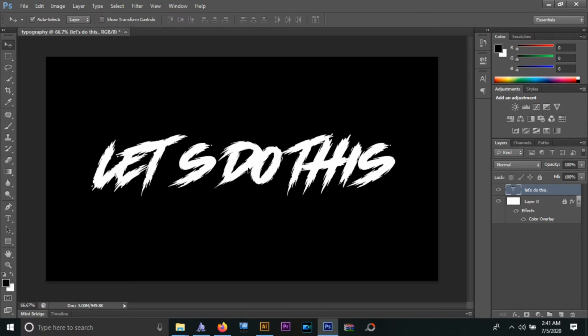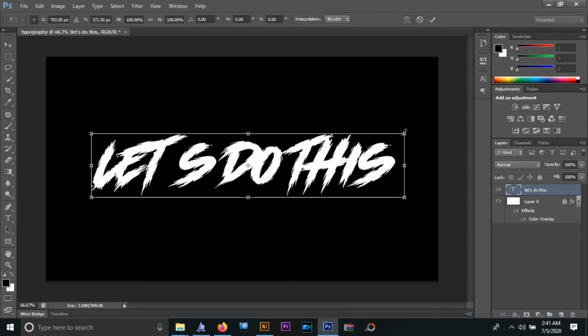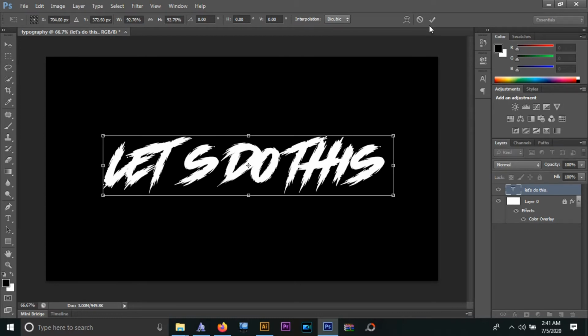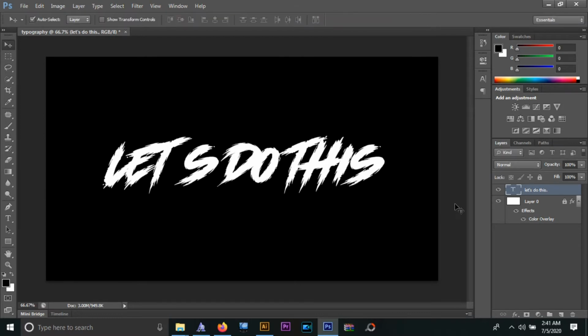and then I will make a copy of this. The reason for doing this is that we're going to rasterize this layer, so it's handy to keep a copy of this if we need it later on. The rasterized layer will be uneditable, so the text will not be editable anymore.